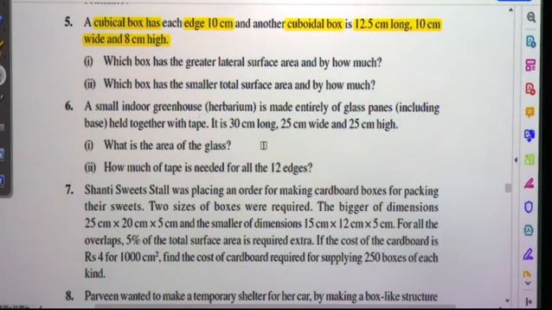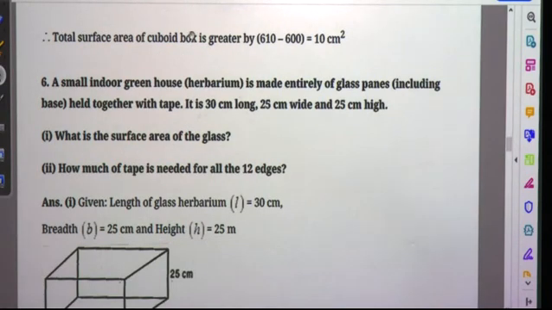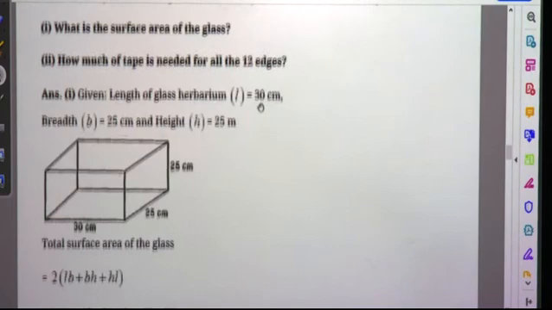Please understand carefully. It is a small indoor greenhouse known as herbarium, made entirely of glass panes. It is made up of glass, including the base, held together with tape, and the dimensions are, it is 30 centimeter long, 25 centimeter wide and 25 centimeter high. Switching to the solution,